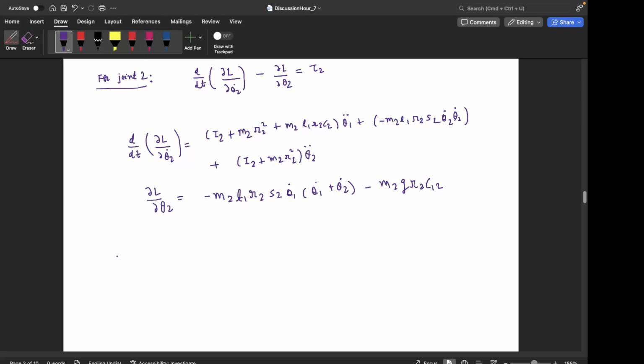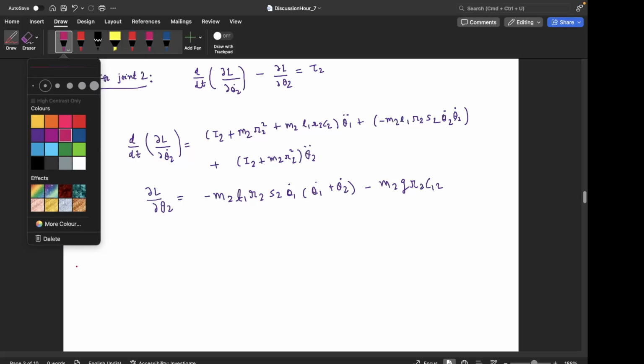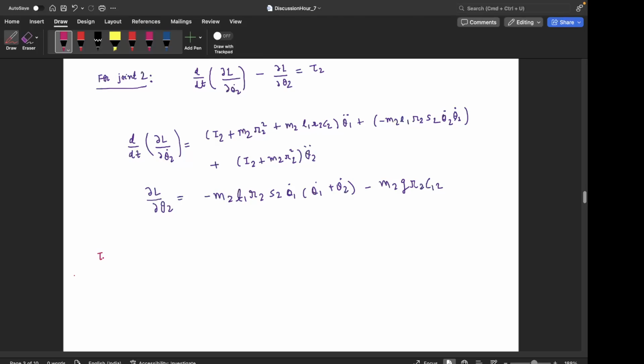so finally what we will write is tau 2, we use a different ink, so tau 2 is equal to (I2 plus M2 R2 square plus M2 L1 R2 C2) theta 1 double dot, then we have (I2 plus M2 R2 square) theta 2 double dot,